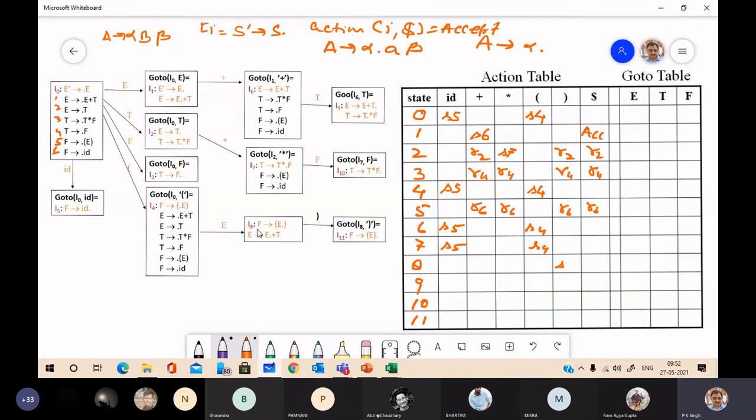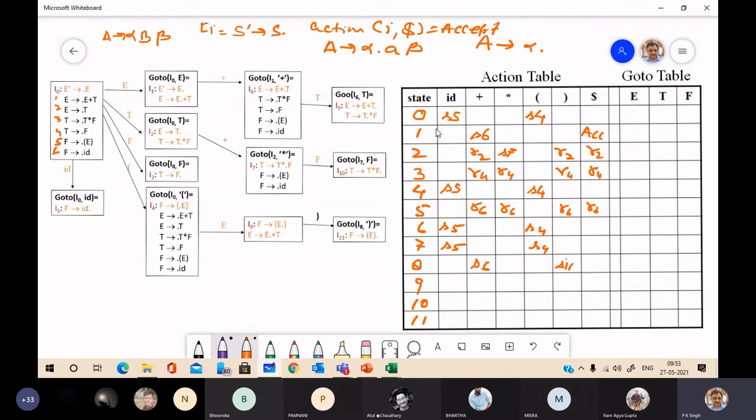Where to shift? Go to I8, closing bracket is nothing but I11, shift 11. Here we have plus. So go to I8, plus is nothing but I6. So here S6, shift 6.